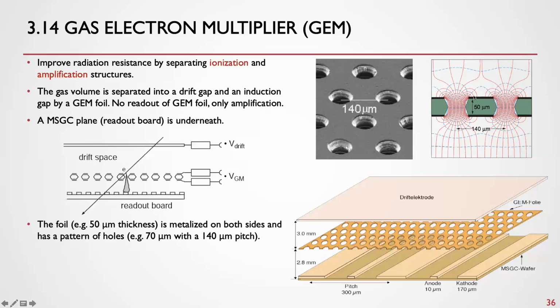Typically you have a thickness of 50 or so microns. Voltages can be hundreds of volts, which means we are way above the voltage threshold for secondary ionization. And if an electron from the primary ionization signal comes along, it's channeled through one of these holes, and here it amplifies. You can see this maybe better in this sketch. The avalanche amplification happens only in this region, and then those amplified electrons